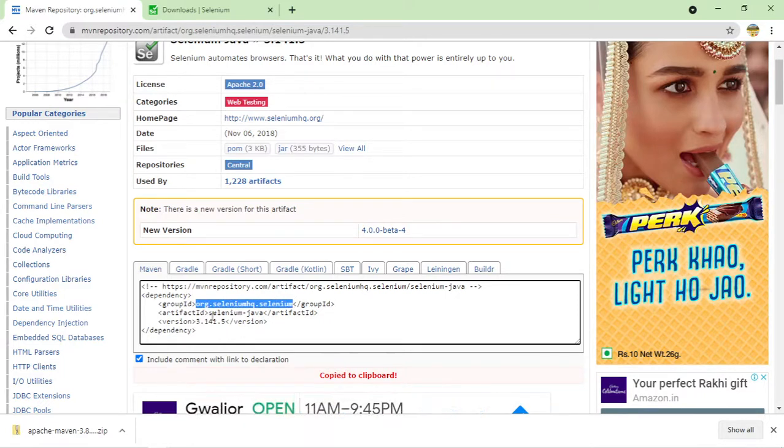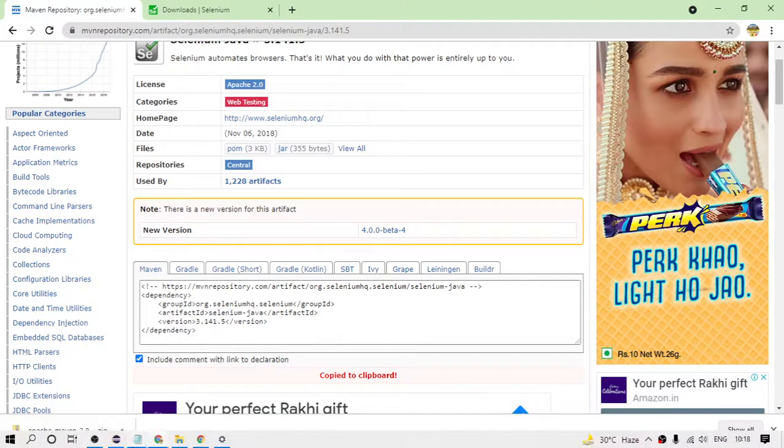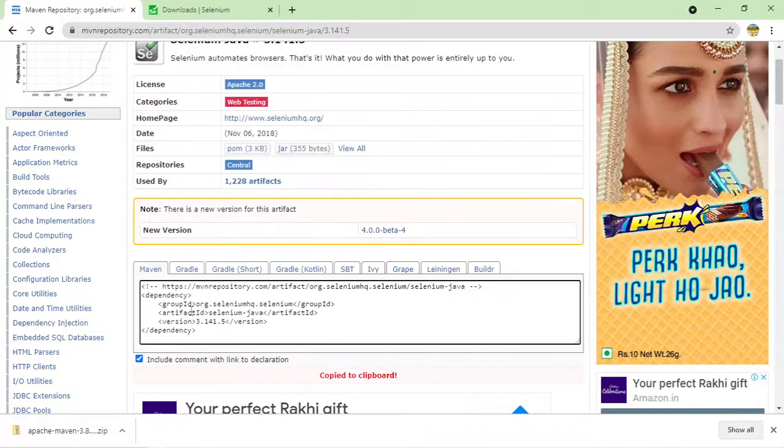And what is this one? Artifact ID. If you see this one, artifact ID is the sub project name, which means, suppose this is the main one, and inside this there can be Selenium Java, there can be some other Selenium C Sharp. As of now C Sharp is not included in Maven, but just assume this. So this is the parent name.